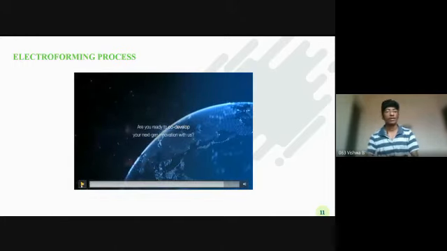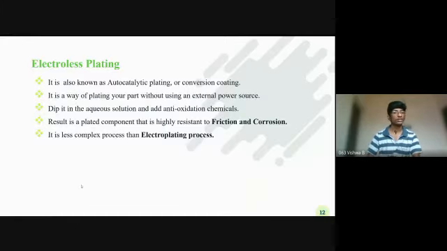Okay, let's see the next process, that is electroless plating. Before this we saw electroplating, which uses electricity. But in electroless plating, we don't use electricity or a power supply. Electroless plating is otherwise called autocatalytic plating or conversion coating. Auto means it is induced automatically, not by external